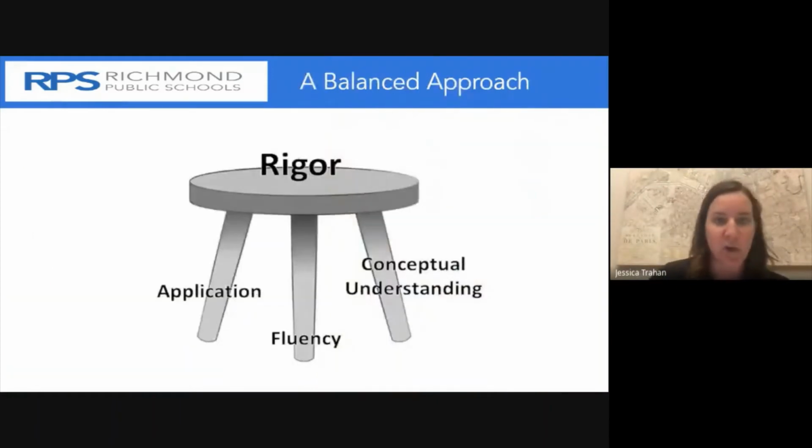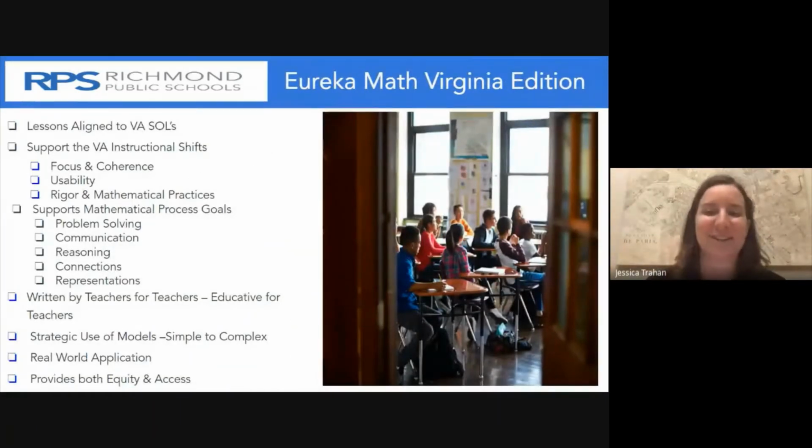One of Eureka's hallmarks is its emphasis on deep knowledge building, ensuring that students have an understanding of the math conceptually. You will see this as we focus deeply on problem solving, communication, reasoning, making connections, and using models and representations. These models are used all the way from grades K to 8. While I know we're specifically discussing grades 6 to 8 today, you will have the confidence to know that your K to 5 students were exposed to these same models and routines